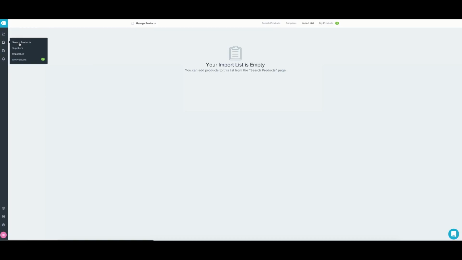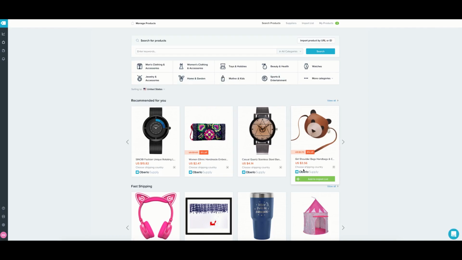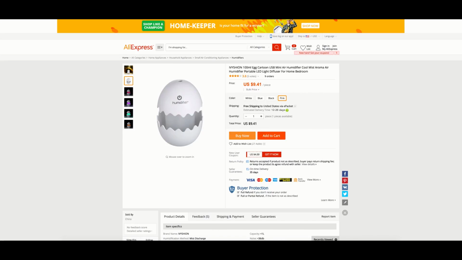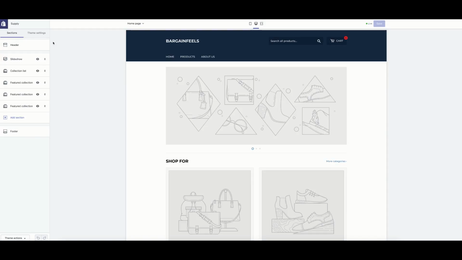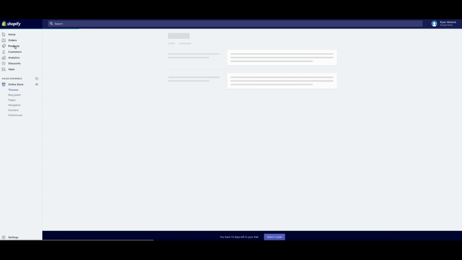So when we're doing that through Oberlo with Oberlo supply, we will just click import to store or, sorry, add to import list. And then your import list here will have these products. And if you use AliExpress, for instance, those products will be there as well. Now, I'm kind of getting ahead of myself before we go back into actually doing that with the theme real quick, because I did skip that, I want